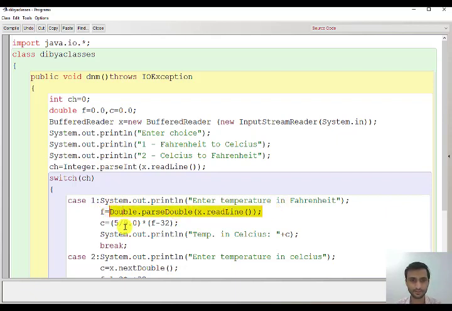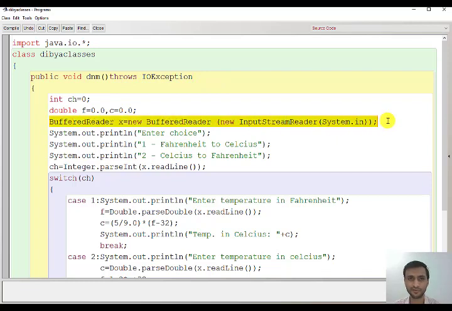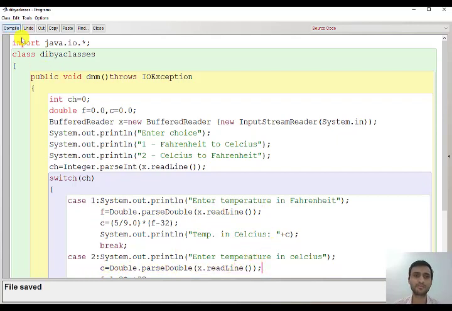Clear? And here also. So you have to change a total of 4 things: the import statement, the throws statement, the scanner line to the buffer reader line, and the input methods. So you have taken 3 inputs: choice, input for Fahrenheit, and input for Celsius. The job is done. Now the program is completely converted to buffer reader and it is correct.